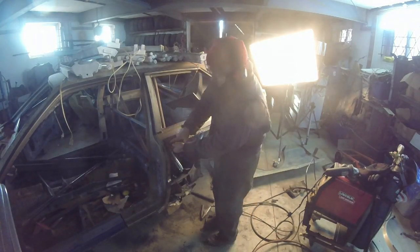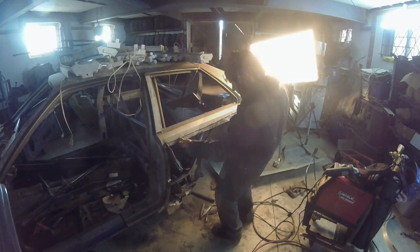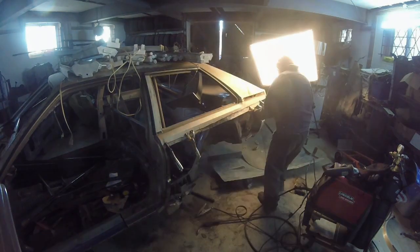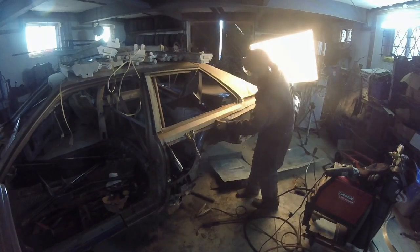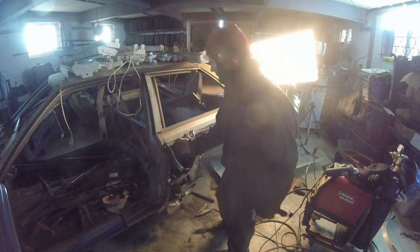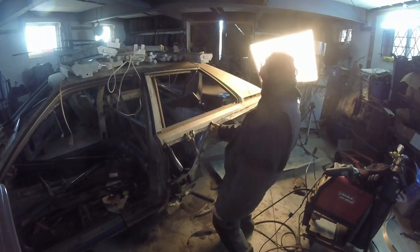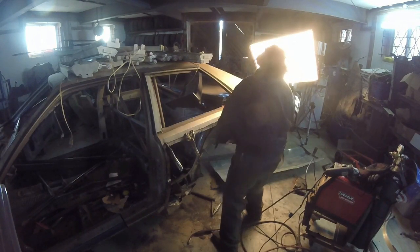See, the main thing is not to have the tab into where the panel's going to mount. Well, I think we're ready to just do some tacking. Because what I'm going to do is just tack, and I'm going to start moving this stuff down. The main thing is that it's all...